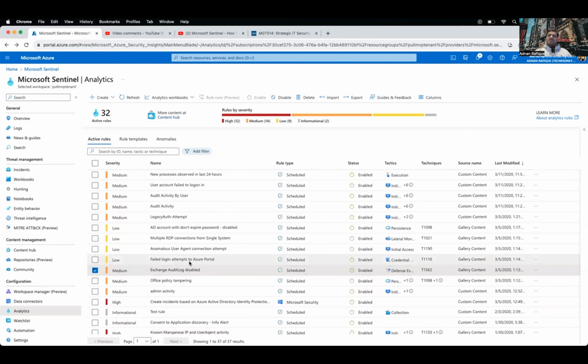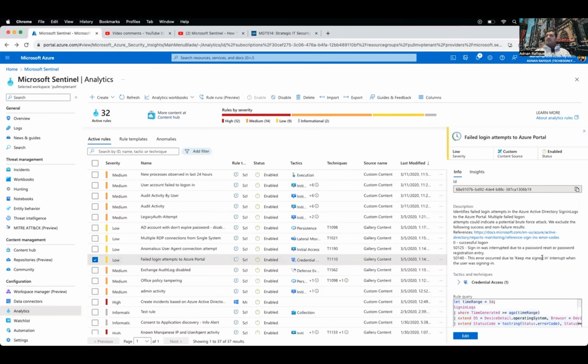Failed logon attempts on Azure, yeah, you can enable it. So for a brute force attack, Microsoft has a lot of details available. Once you identify which account, you have to take different directions on how to overcome that situation. But definitely you want to monitor one of those. So 6,